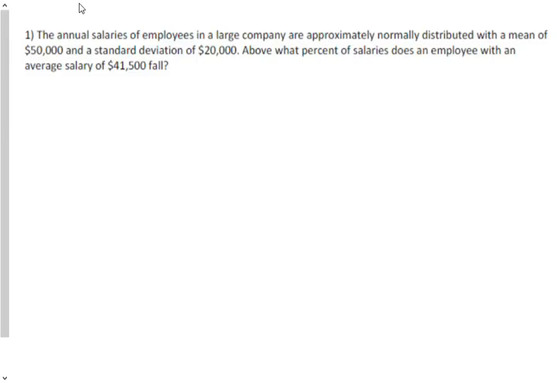And these problems are actually a little differently worded. And we're going to kind of change the problems on the fly here. Above what percent is something a little different, which we're not going to worry about. We're going to change these problems to calculate the z-score. And you remember from the last quiz, z-score,